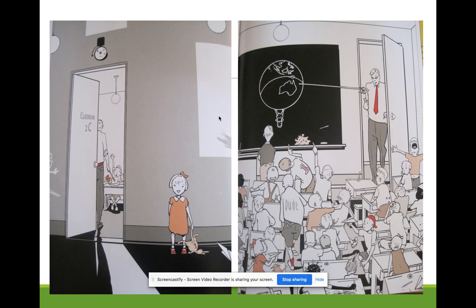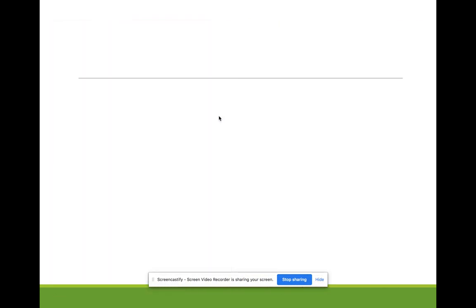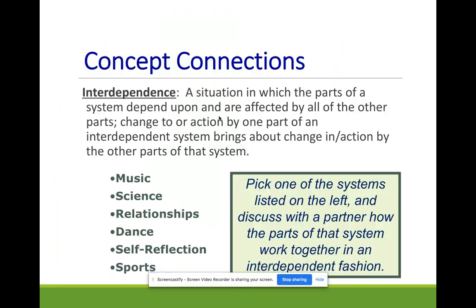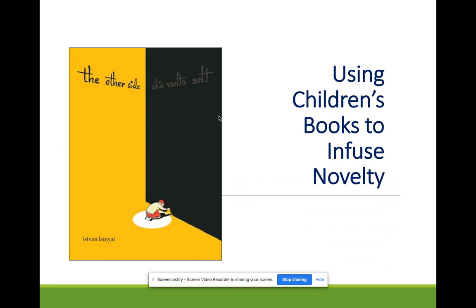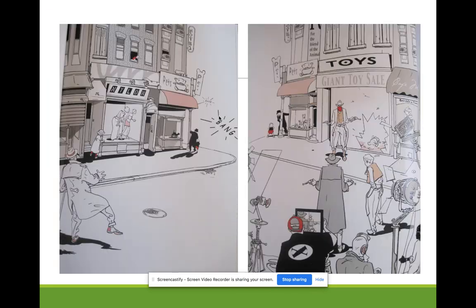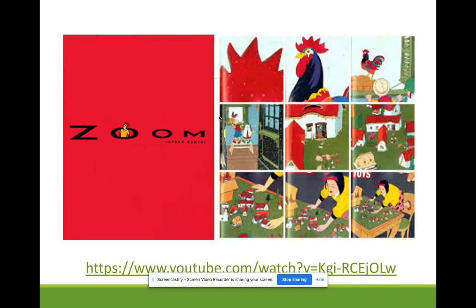Pretty interesting. And they would get together and look at that. It was all very fun. That was all from the book called The Other Side by Istvan Banyai. If his name sounds familiar, it's because he wrote this book, Zoom, which you probably saw in 370 if